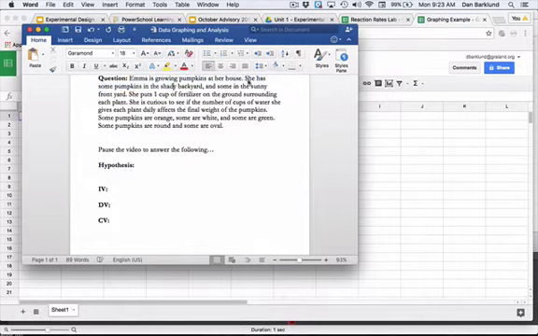The fact that she planted some in the shady backyard and some in the sunny front yard, that would be a control variable that wasn't well controlled. That doesn't mean it is the independent variable. The independent variable is the thing that she's actively changing purposefully. So that is the number of cups of water she gives each plant. So the independent variable would be amount of water,